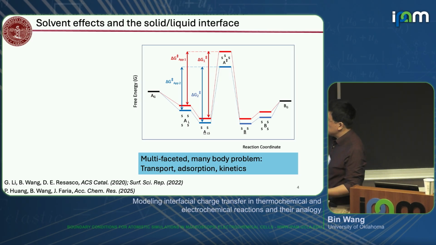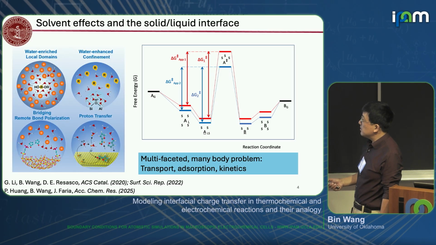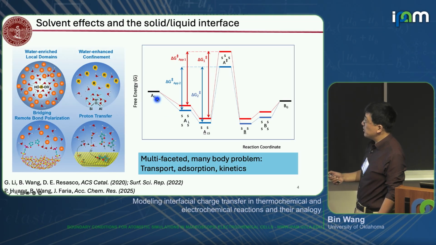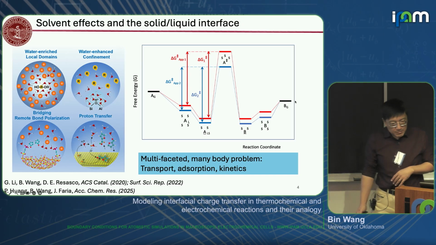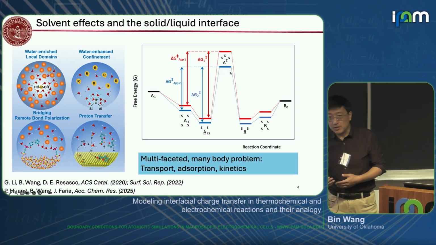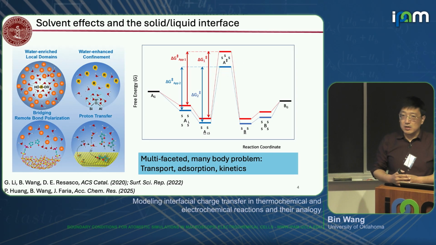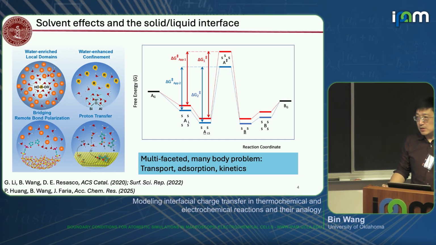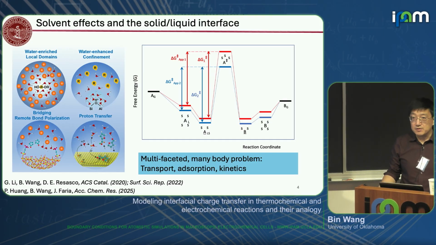The general picture, at least in the catalytic community, is that for a simple A to B reaction, you have a gas-phase reactant that gets dissolved into liquid, then adsorbs at the solid-liquid interface, goes through an activation barrier, ends up as the product, and eventually dissolves into the solvent and leaves to the gas phase. Now your surface species, in this case A, and also your transition state will probably experience the solvent differently, so that your apparent barrier will be different by doing the reaction in different solvents.